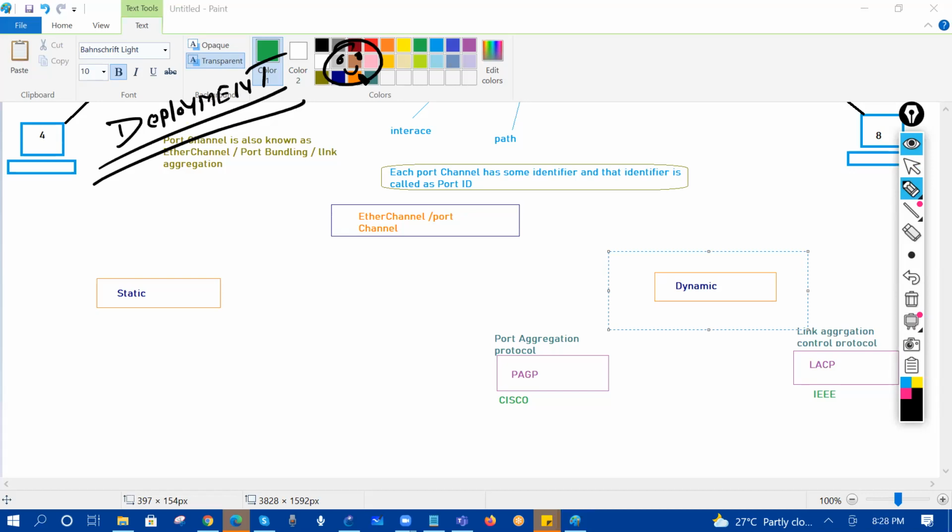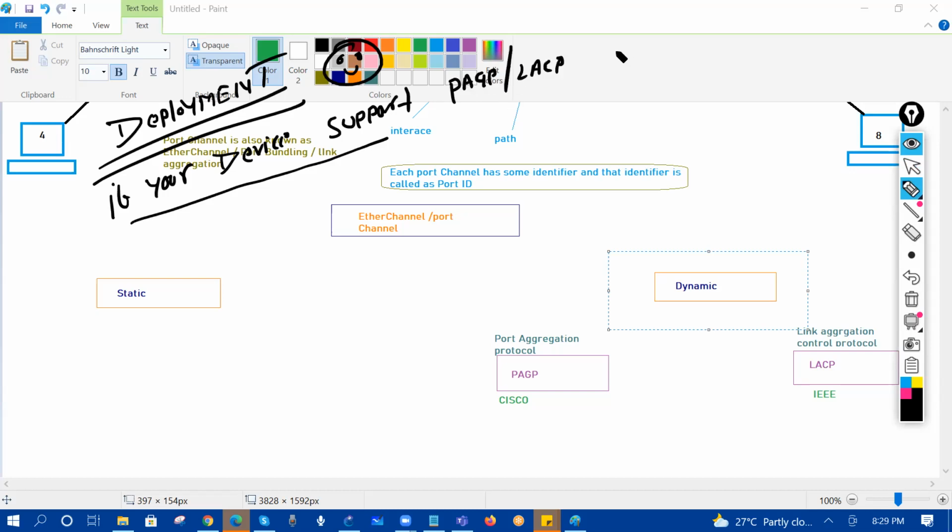Think about it. What is the deployment? Okay, I'll tell you. Guys, do you know deployment in the sense of what? If your devices are there, if your device supports PAgP or LACP, go for dynamic. If your device does not support it,